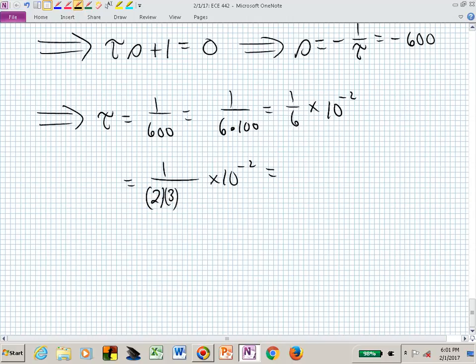I can find half of that instead of trying to remember what 6 into 1 was. Or this is now 0.167 times 10 to the minus 2,